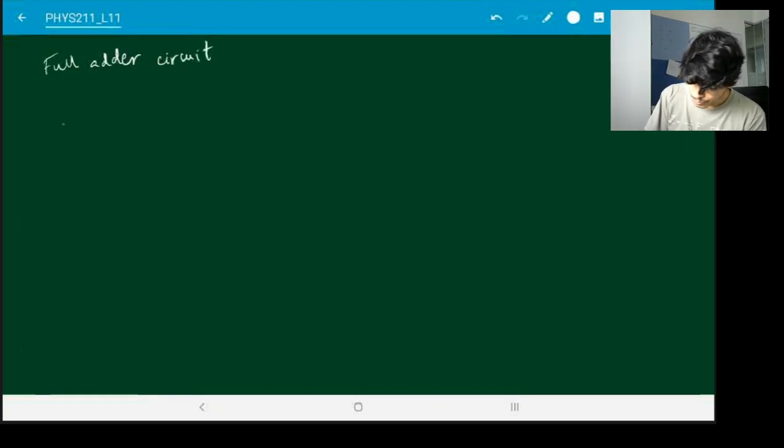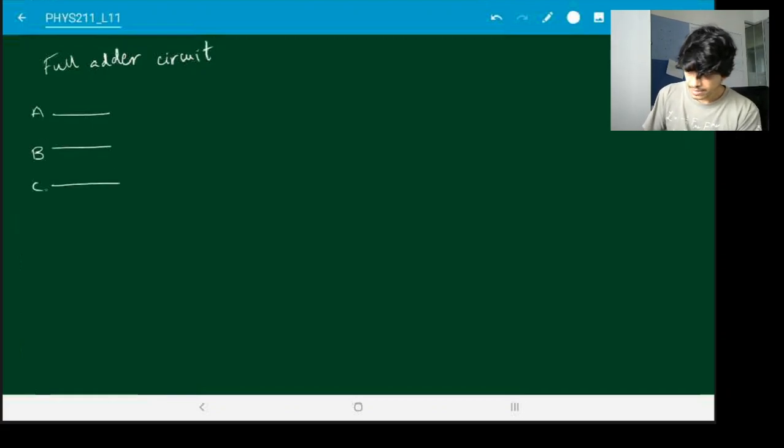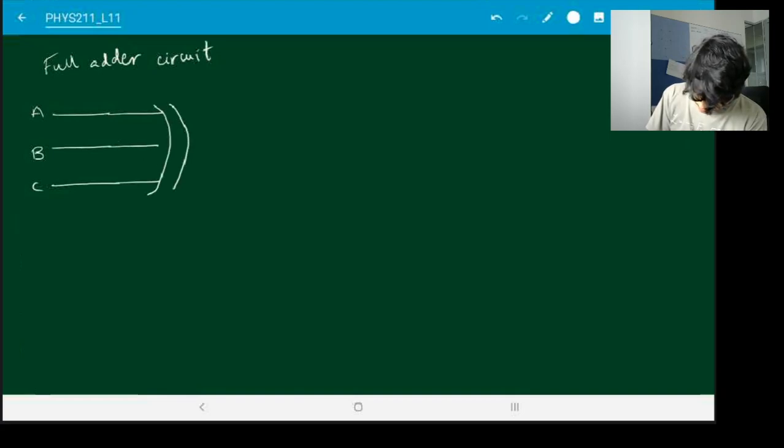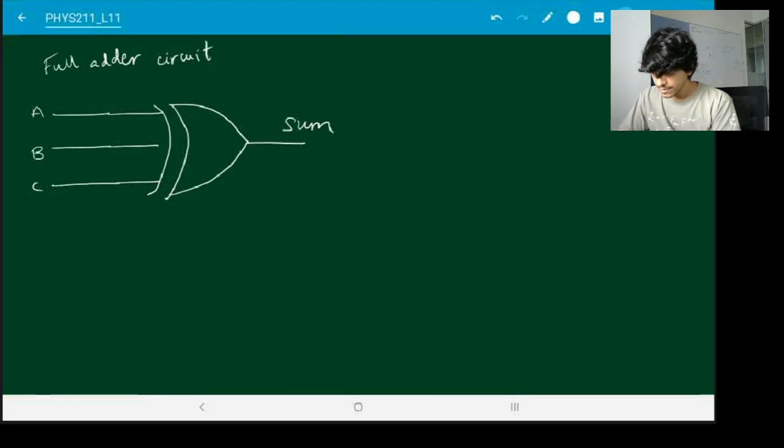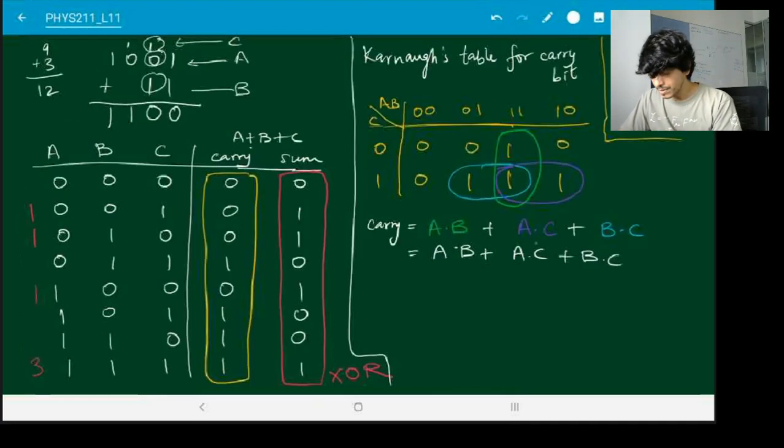So you take 3 inputs A, B, C. The carry, the sum is just an XOR. And for the carry, you need to implement A and B, A and C, B and C, and then OR them up.